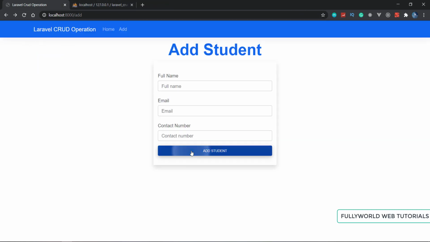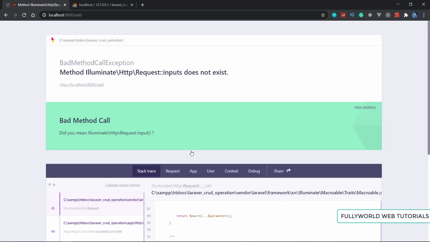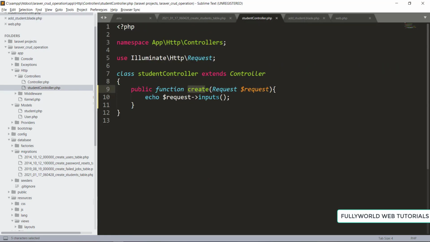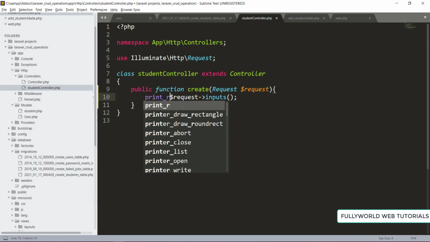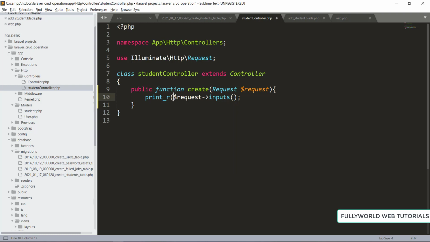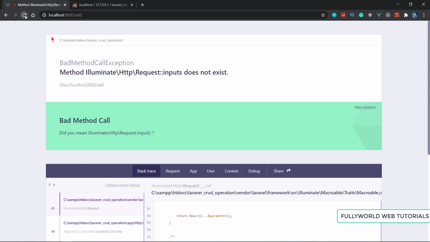And now when we add our student here, the page expired error will not be there. Let's see what is happening here. We are getting one error, that is about inputs. Here we don't want any inputs, so we are going to print this, and here will be request input.